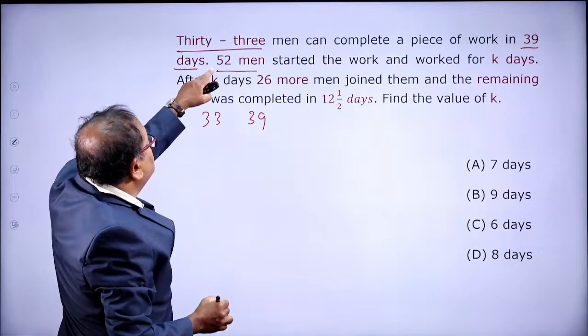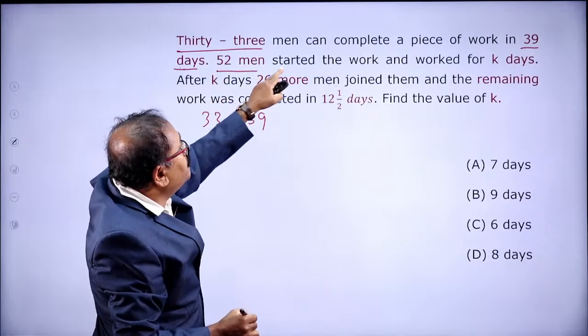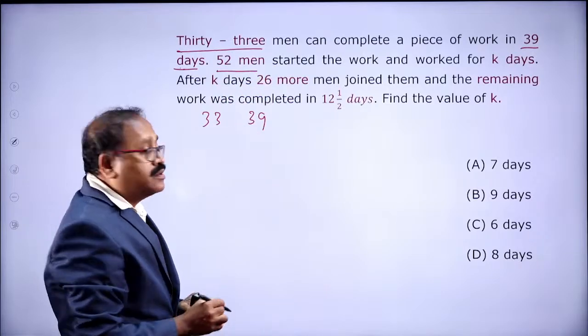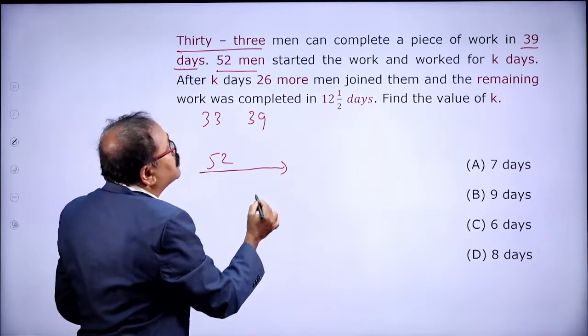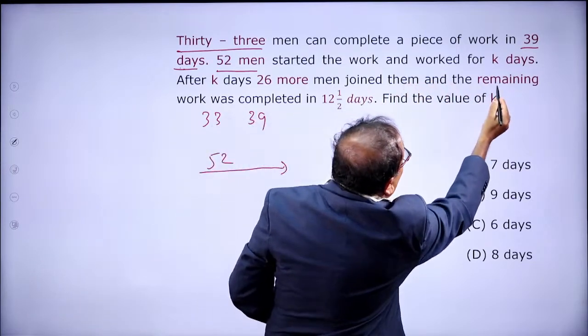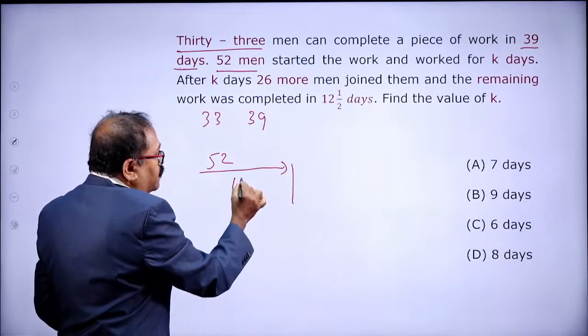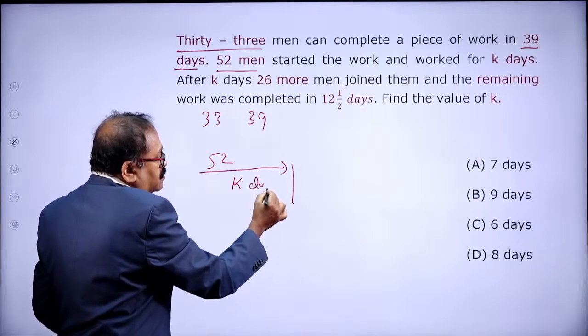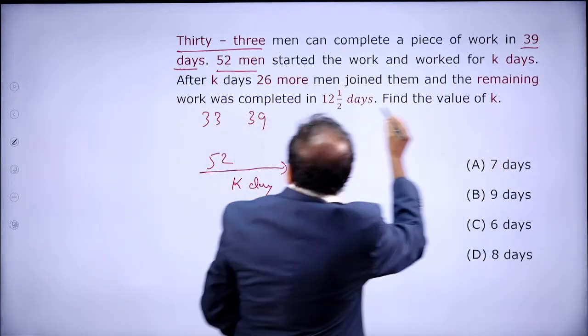But when it comes to the second piece of information, it says that 52 men started the work. Now, let's assume that they work for K days. And what is next? It is said, after K days,